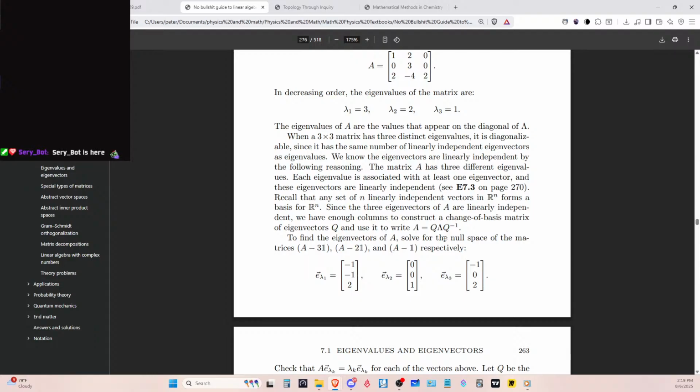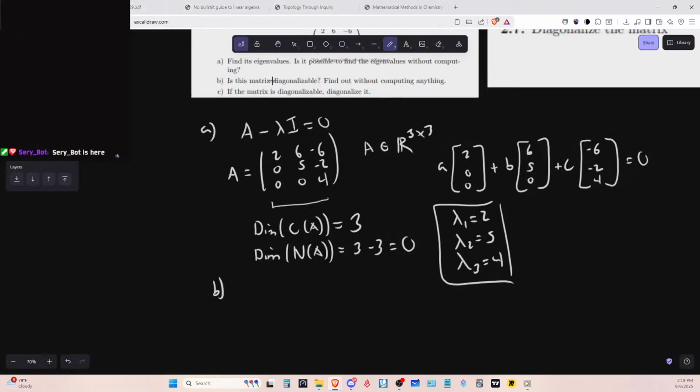Okay. So I'm guessing you have to do this operation. So in this case, is this diagonalizable? Find out without computing, so I think yes. I think yes it is. I think the reason why is just because we have 3 distinct ones and the dimension of the column space is 3. So